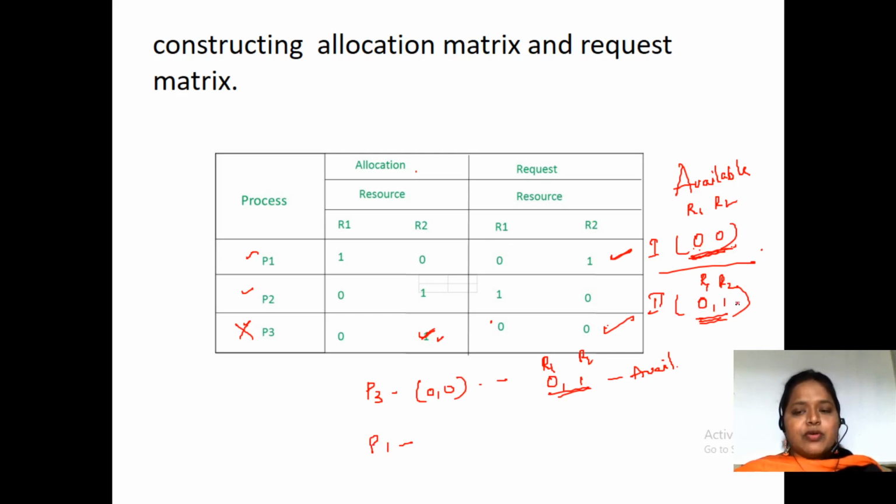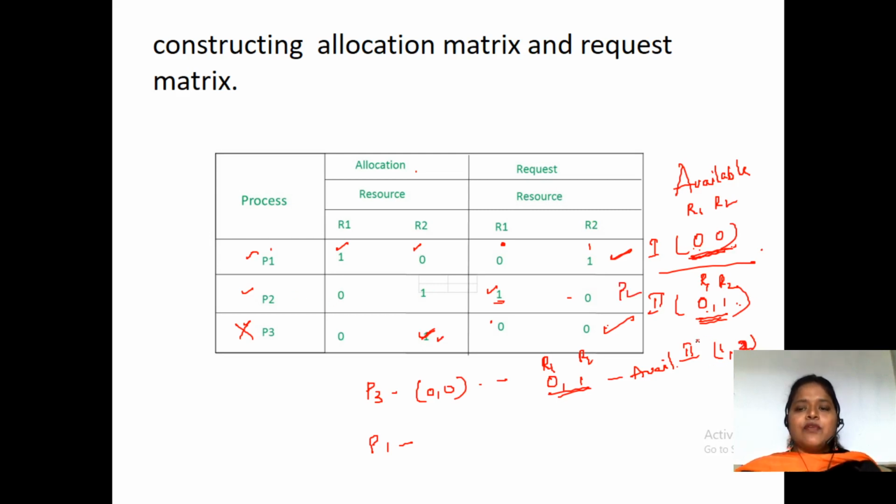Fine. If we are going to give this 0, 1 over here, so this P1 will be satisfied and it will release R1 and 0. Now in the third phase, you will be going to have R1 1 and R2 how many? 2 resources. 1 and 2. So with 1 and 2, can we fulfill anything? So here we need P2 request 1 and here 0. So that request is going to be fulfilled. So P2 after releasing it will be going to get the 2.